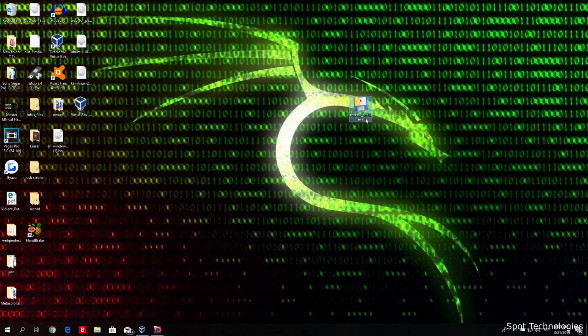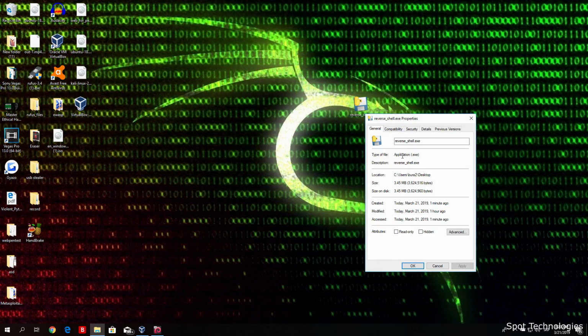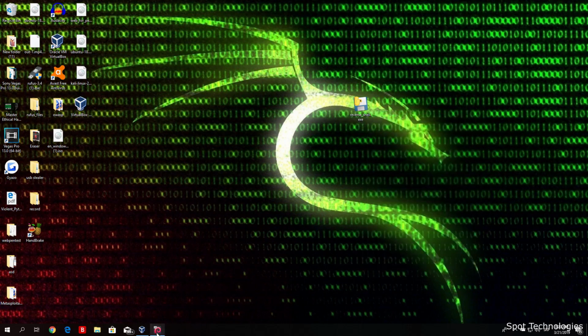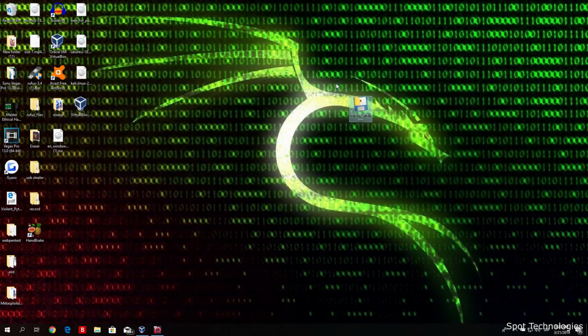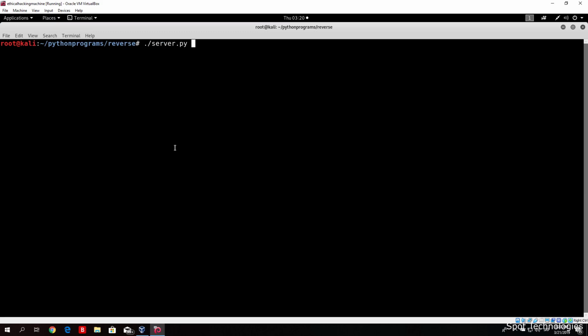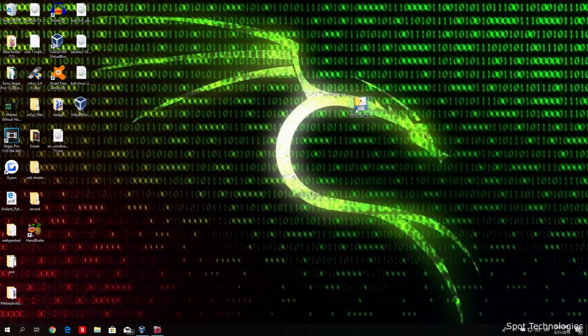So that could be the only problem with this thing, since it adds the size to the file once the PyInstaller compiles it to the exe. That's why the file becomes so big, but that's something we can't change, so let's not think about that. Let's actually now run the server. So make sure before the target runs this, make sure to set up a listener by running our server.py. As we can see, listening for incoming connections, and right now if you send this to the target and target runs it,